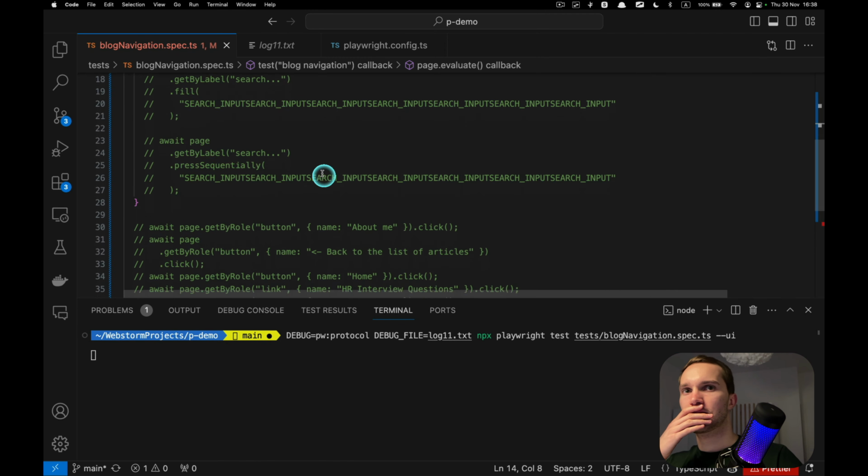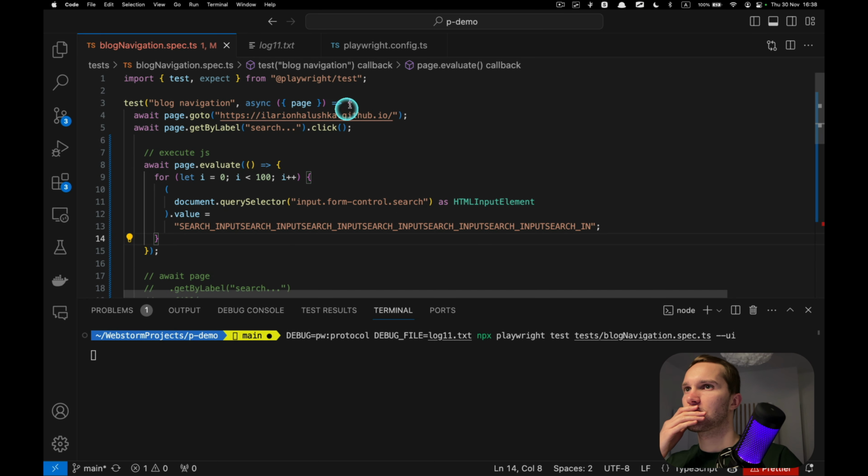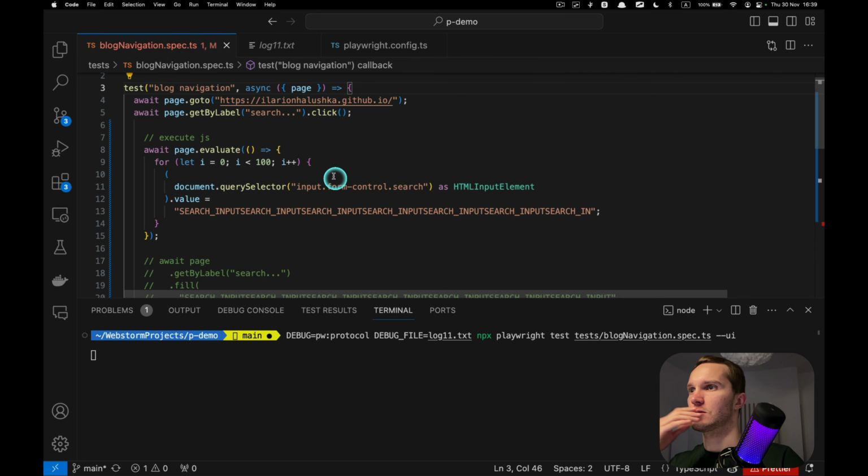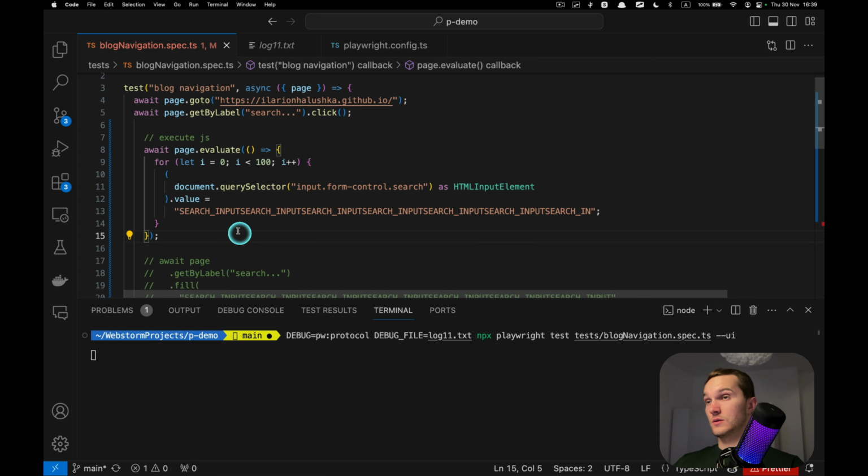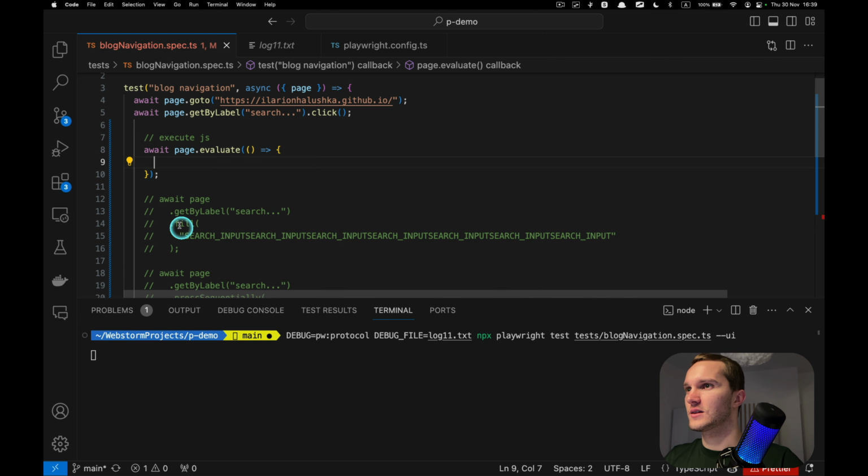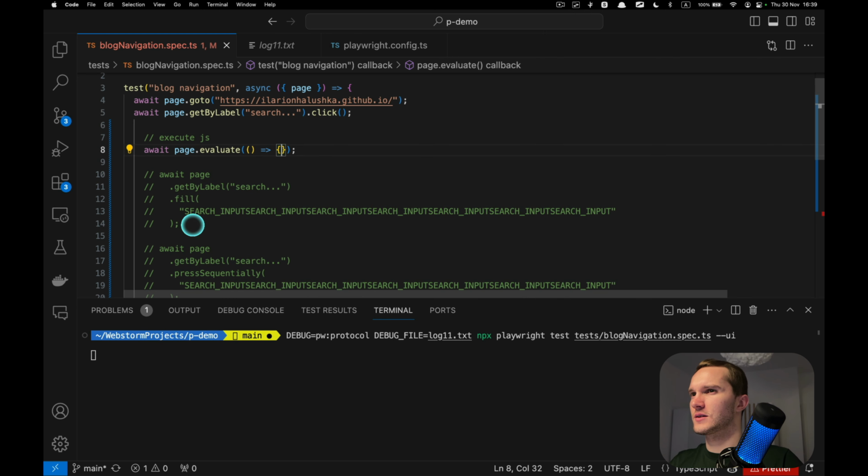Come on, seriously? One more is missing. So I have this for loop, and this is closed. Then I have this one. Wow, am I too tired? Everything looks fine, right?